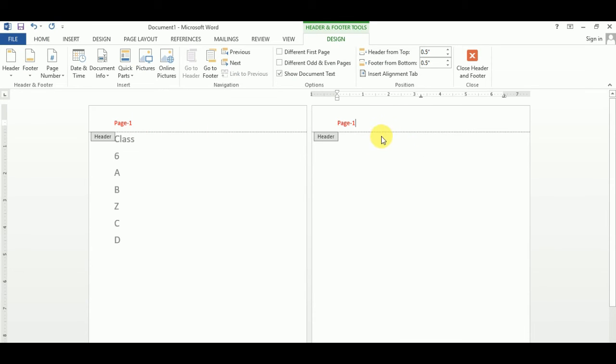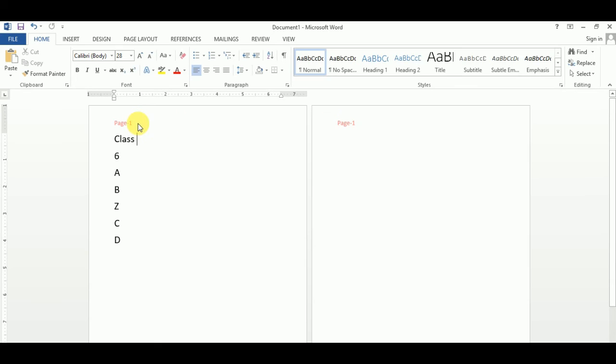But you can see this one is my page 2, and it automatically changes my header information. When I change the header information on my page 1, you can see it automatically changes the page 2 header information. Okay, so how can I use page numbers in our document using the header or footer option? I will discuss that afterwards.